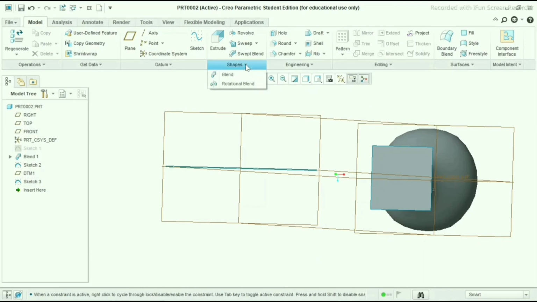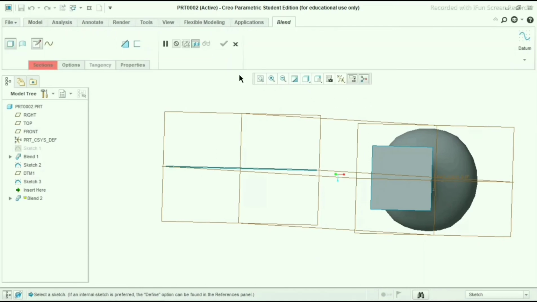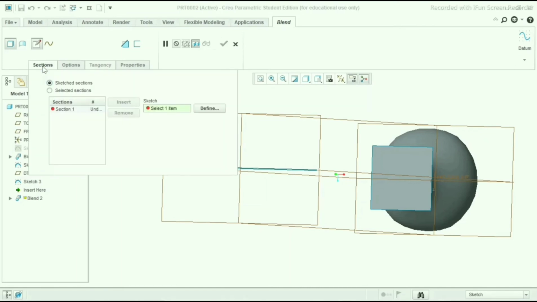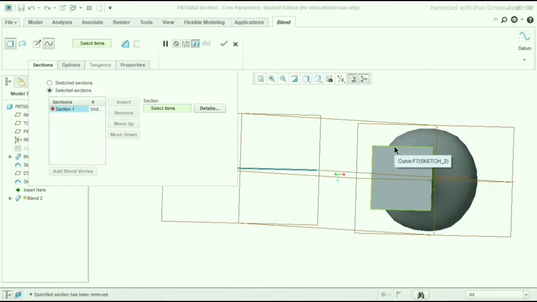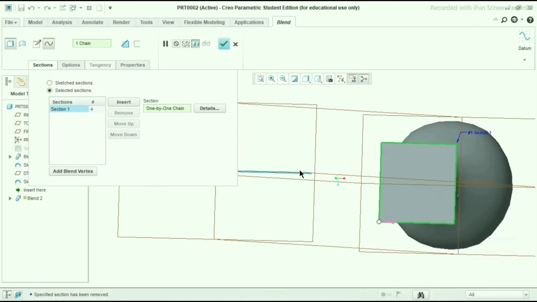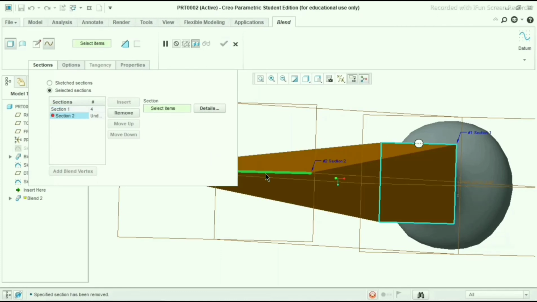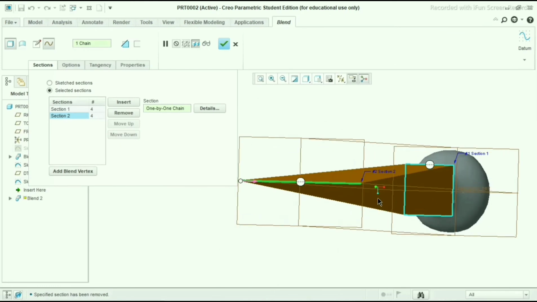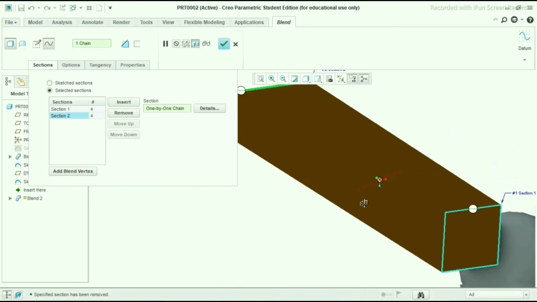Now again go to the blend tool command and this time I will go to section, selected sketch, select this section first, insert and select this section. See, this is applied here.